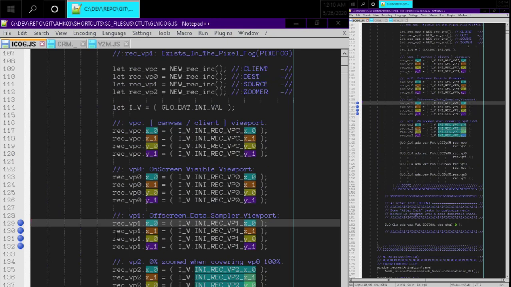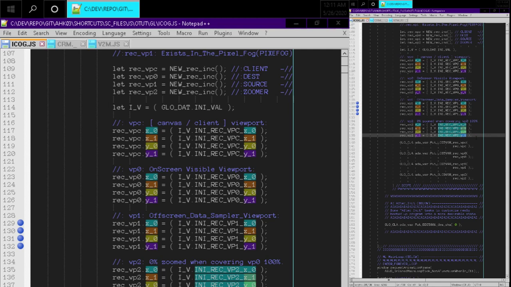So VP, why are there breakpoints here? That makes no sense. The breakpoints here make sense because this is the new stuff. Viewport 2, initial viewport 2, yeah. So I have a viewport 2, and it's another source viewport that's off screen, but it samples a subsection of the GLFrag coords,